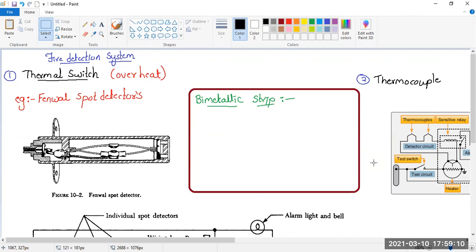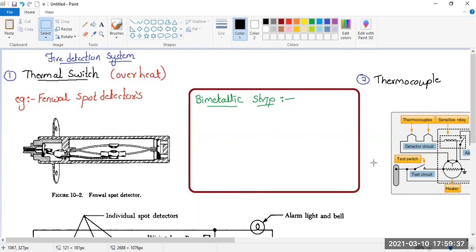In a previous class, we covered the detection system requirements, where we studied the different requirements, such as the system should not give false warnings, the system should be accurate, the system should give the location of the fire, it should continuously give the indication as long as the fire is on, and it should also indicate when the fire is switched off. If the fire reignites, it should also be indicated. So there were many requirements. We studied at least 12, 13 requirements.